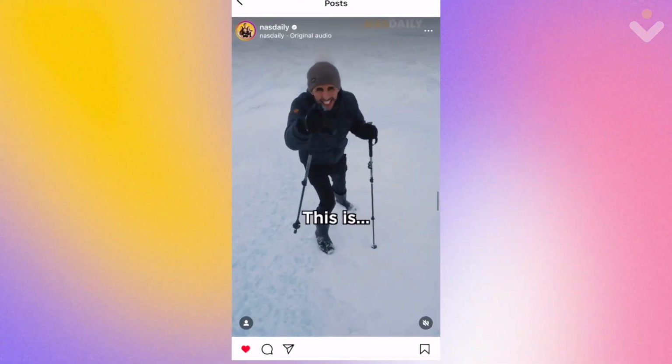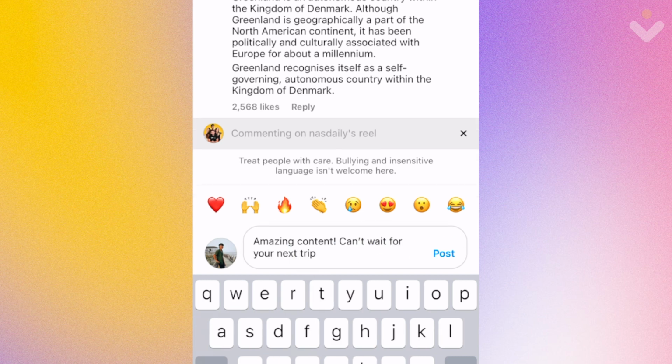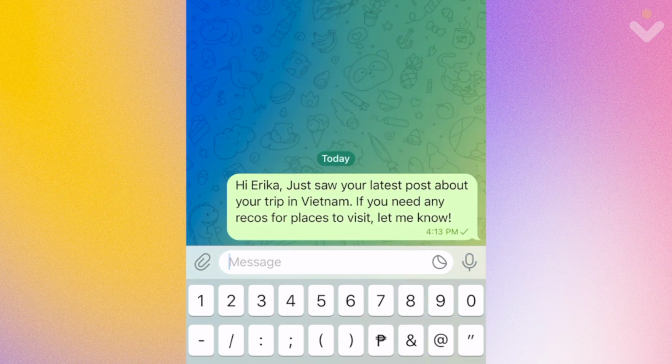An effective way for you to do this is by engaging in influencer communities or any community that is related to your niche. You can engage through reactions, through comments, or you can also reach out to members via direct message. This establishes your credibility as a helpful member of the community without having to spam or sell too much.